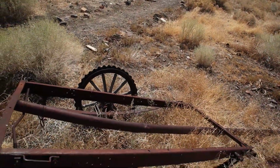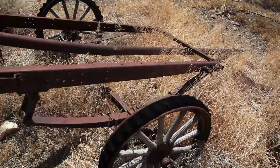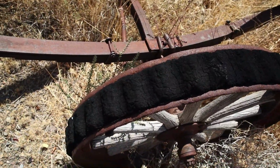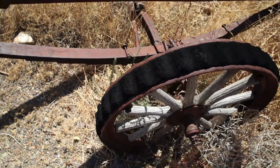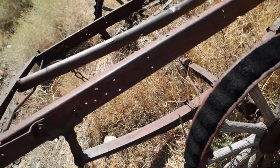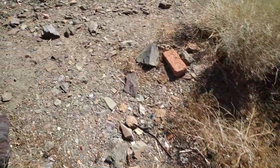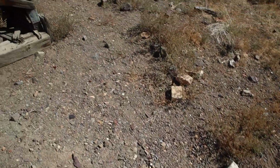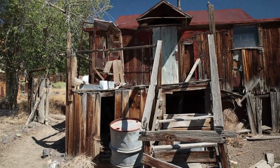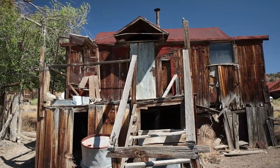Now look at the tires on this. This is an old trailer that was used for something. I don't know if you can see the tread pattern, but it's just a little bit of rubber and a pattern to give it kind of like a knobby appearance. Very cool. Probably not from the mining days, but might have been from some of the other stuff they did, the prospecting stuff. This is the back porch on the,